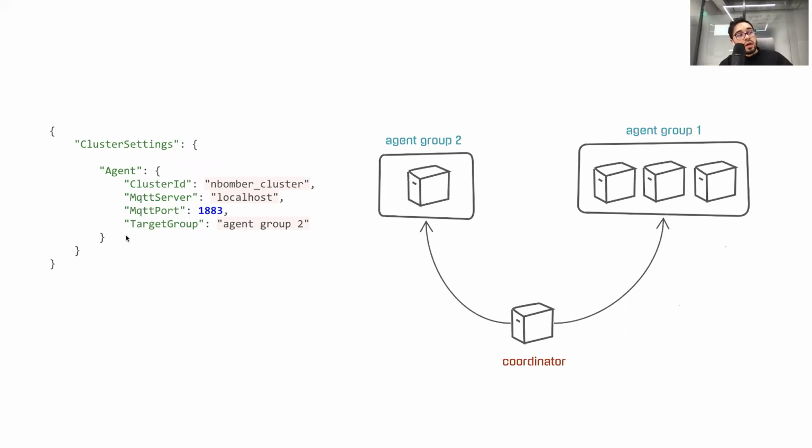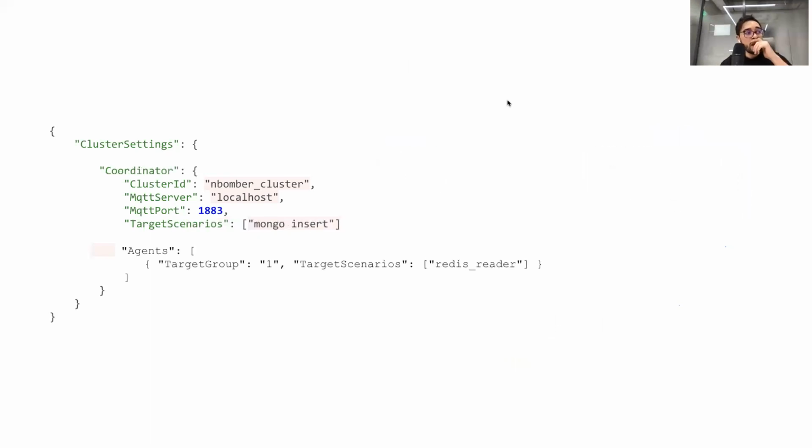Also, an agent by default should have a group. For example, when these guys start, I assign them to agent group 1, and this guy to agent group 2, and in this way I can run different topologies. I can say the guys under agent group 1 should start inserting data to Mongo. The guys from agent group 2 start reading it. And this is an example